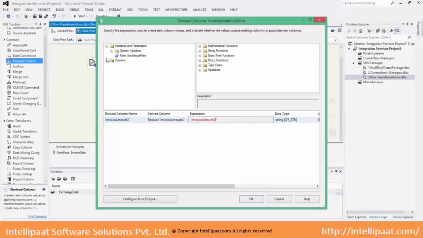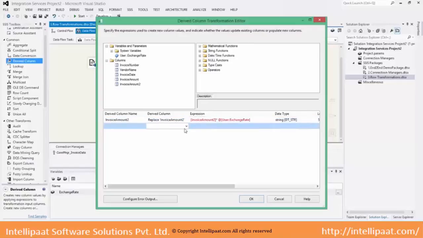So here in derived column, the easiness is you can see a list of columns which are already available, and also a set of variables. So into this, it is showing in red color, meaning there is a problem in the expression.